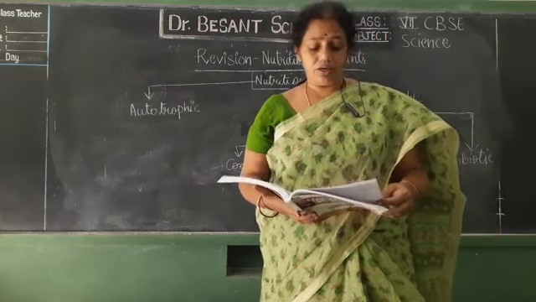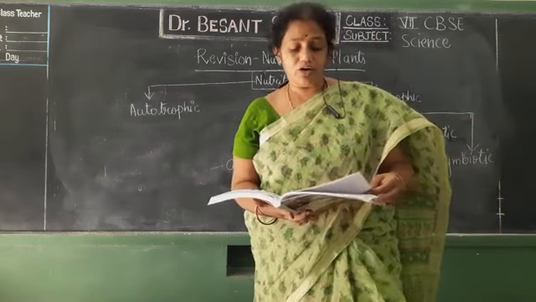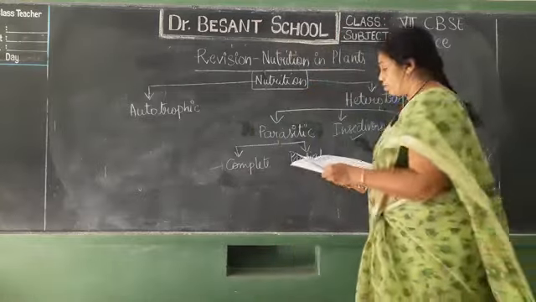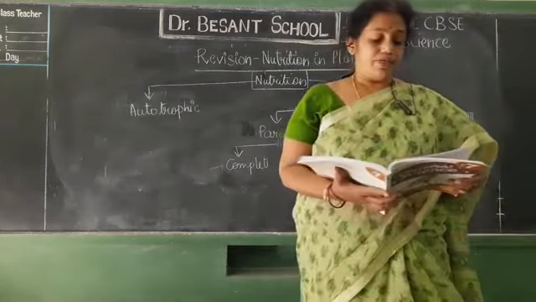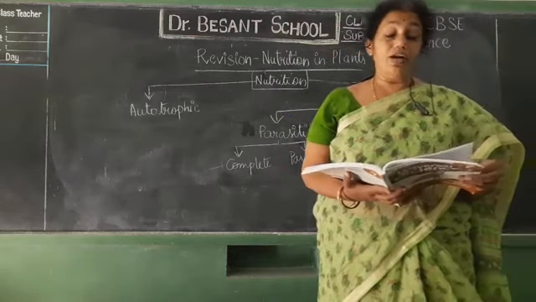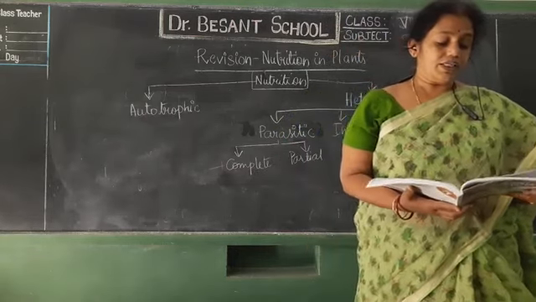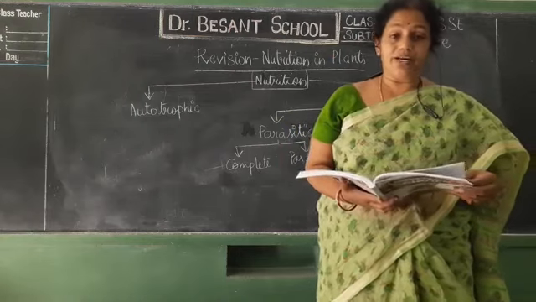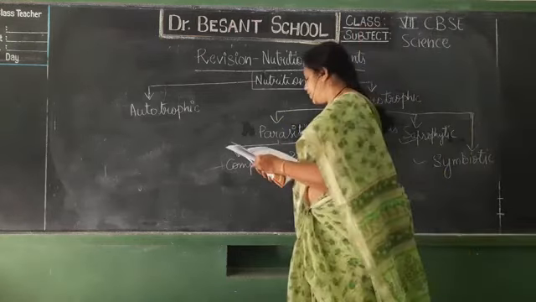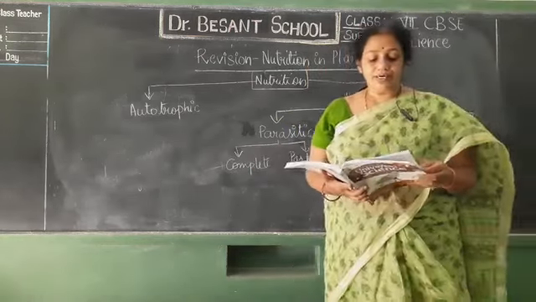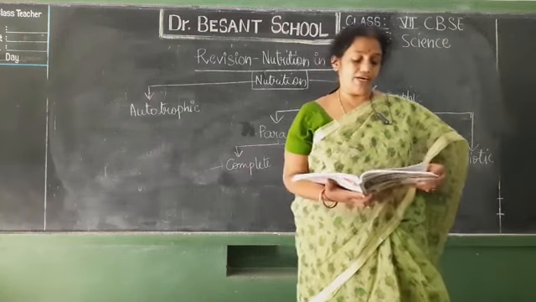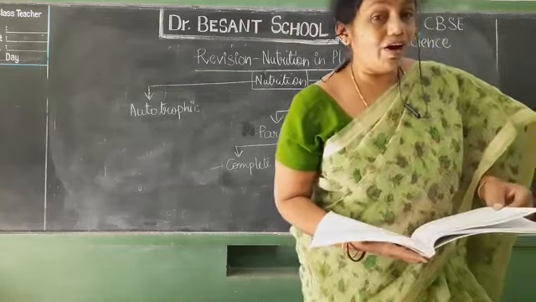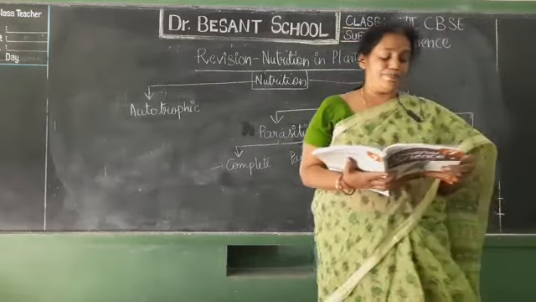Organisms that cannot carry out photosynthesis are called, what are they called? They are called heterotrophic plants. Insectivorous plants feed on insects. Cuscuta is an example of dash plants. What? Parasitic plant. Plants that derive their nutrition from the dead matter are saprophytes. Lichen is an example of symbiotic relationship.